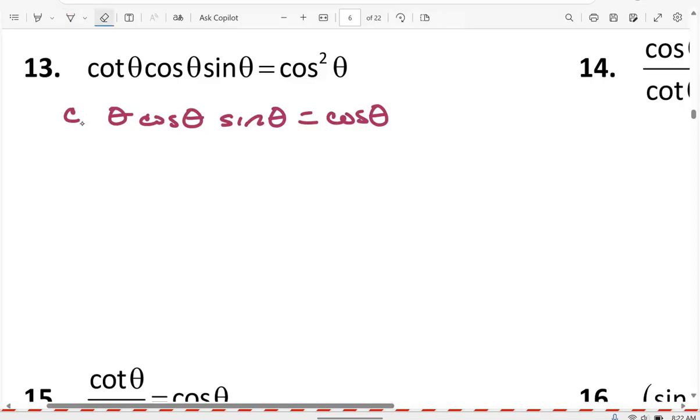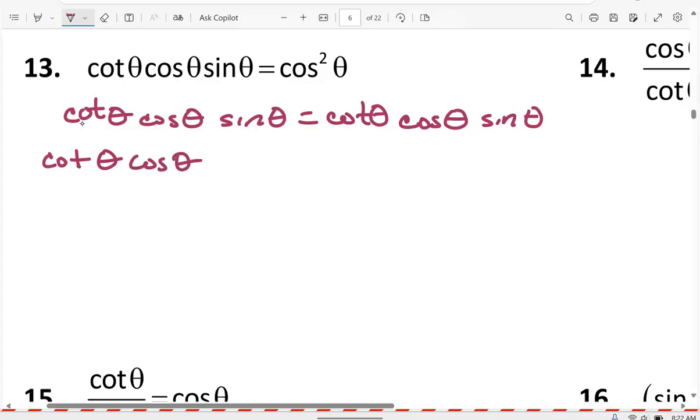And it will help if I write it correctly. That was the cotangent of theta times the cosine of theta times the sine of theta is equal to the cotangent of theta times the cosine of theta times the sine of theta. And we're going to leave the left side of the equation alone as we proceed to subsequent steps, and then